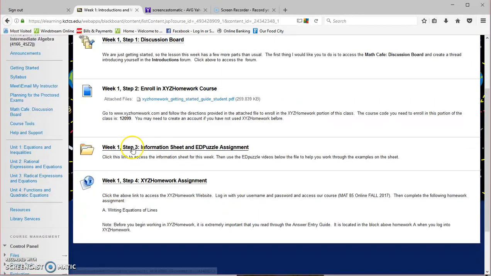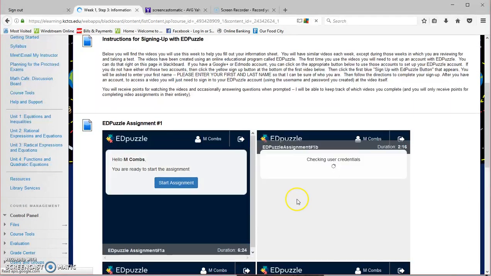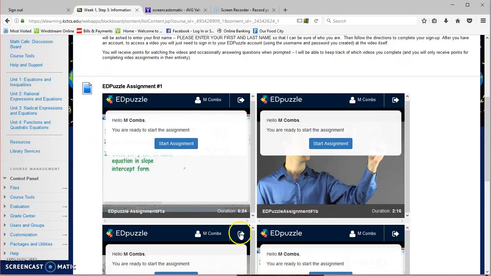But let's say for week 1, step 3, after you've done some introductory things, then you click on the information sheet and Edpuzzle assignment. And the first time that you use Edpuzzle, what you'll need to do is, see here, I've already logged in to Edpuzzle, so this is what it looks like for me. If you have not logged in to Edpuzzle,